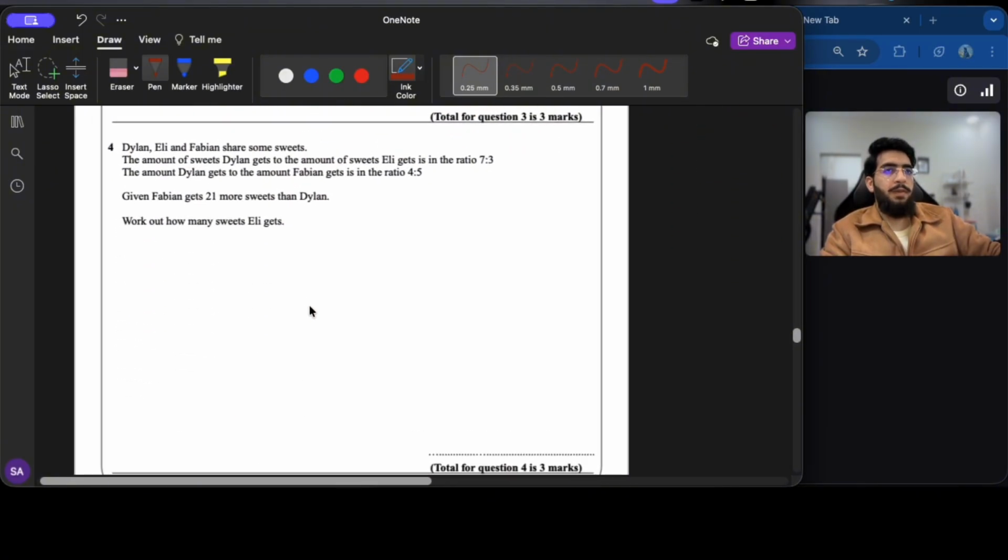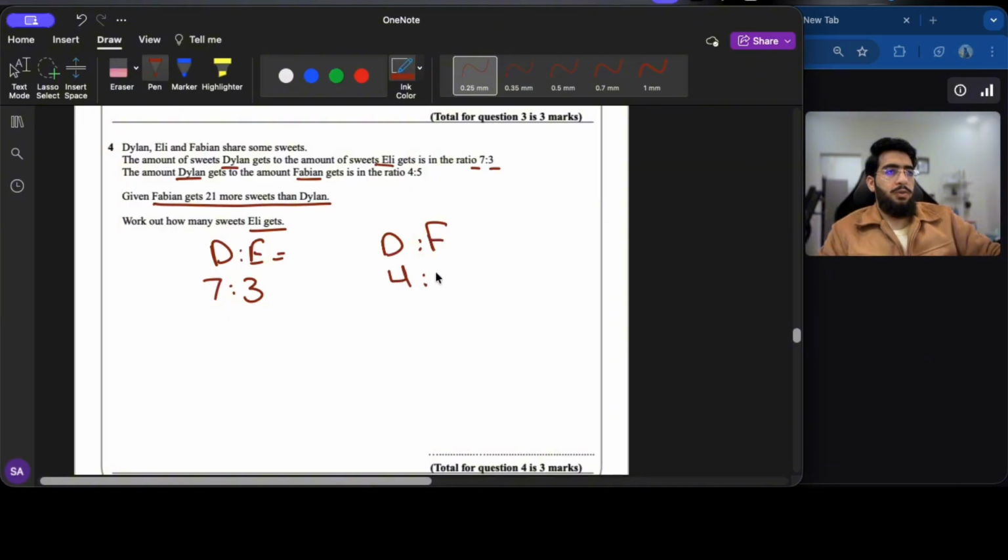Okay, then we have another question, a similar type of question, but the total is not given. But we know a condition that will help us find out how many sweets Ellie gets. Okay, we have D, E, and F. They share some sweets, and we know D ratio E is 7 ratio 3. So let's write it down. D ratio E is 7 ratio 3, and then we know that D ratio F is